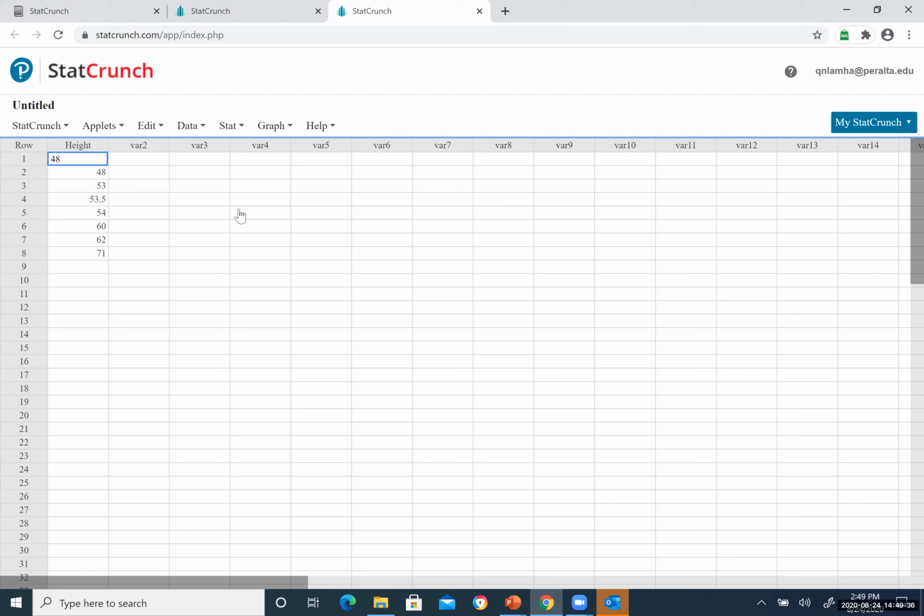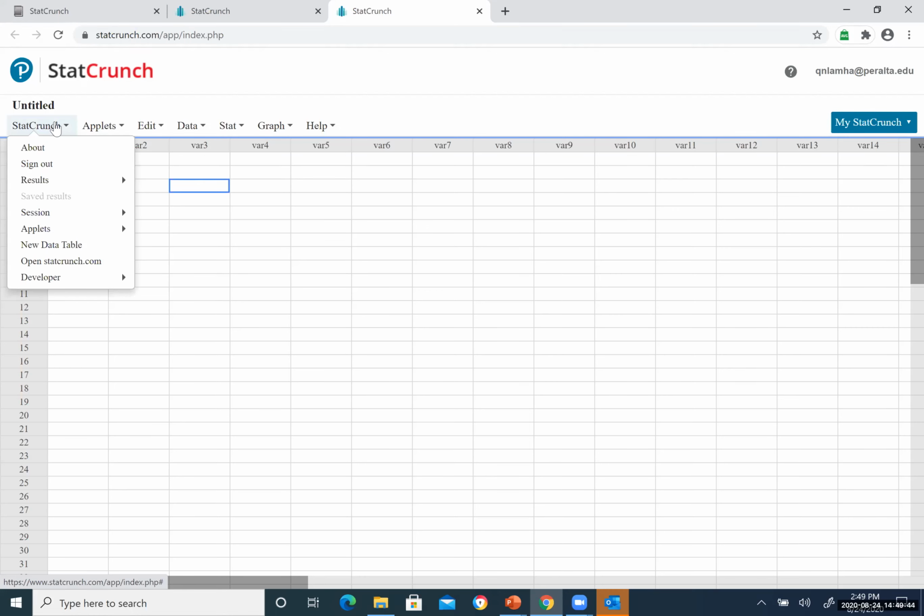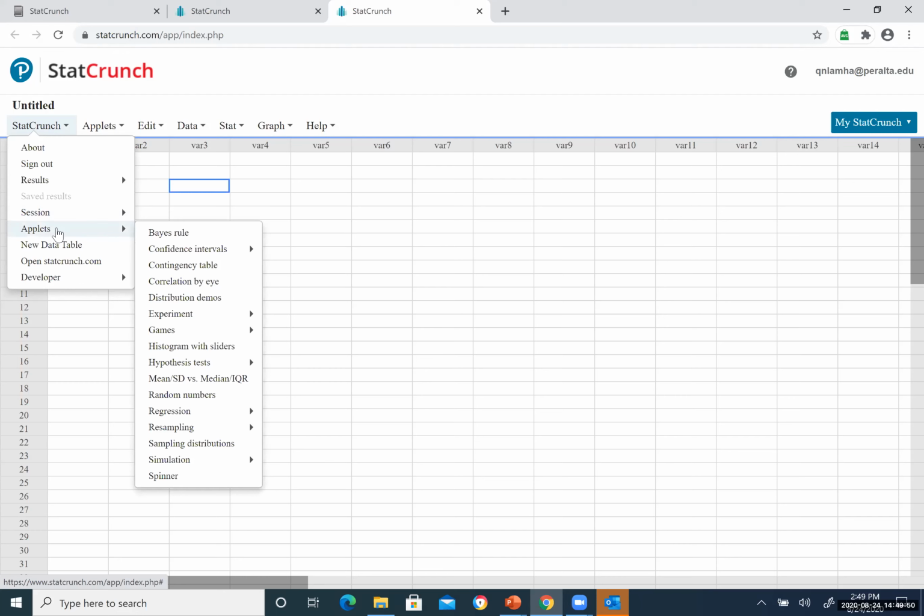All right, I'm having the following data. As you can see, the total is 8 data, right? So let's now look at the first tab. You have StatQuant, site out, result, and session applets. So applet is very cool. You notice applet, you can